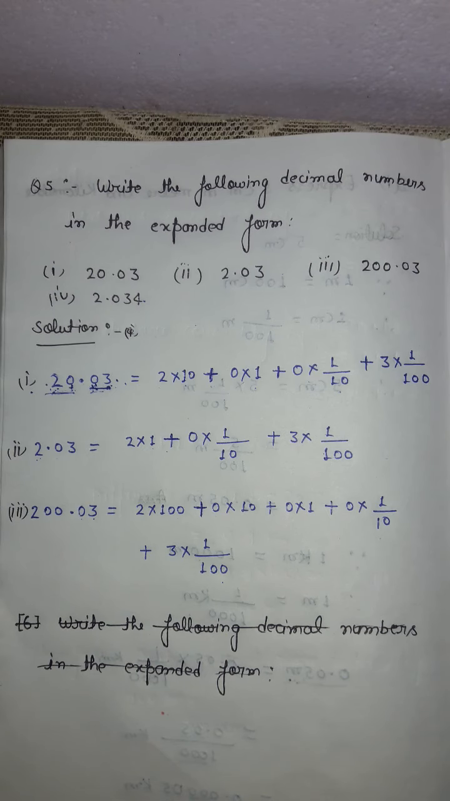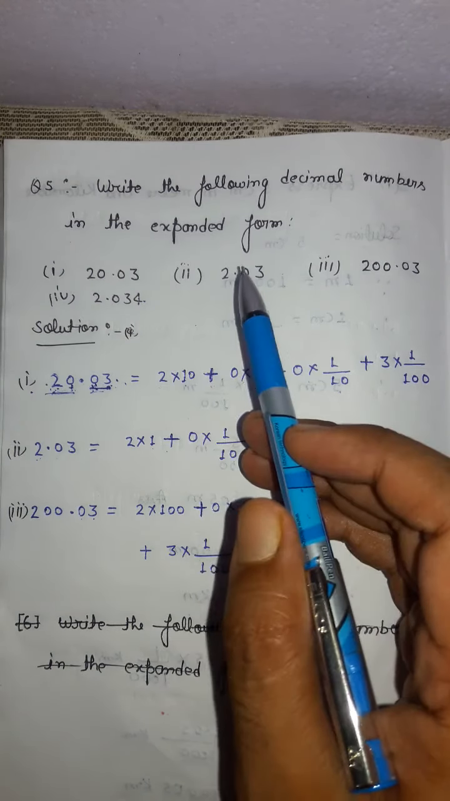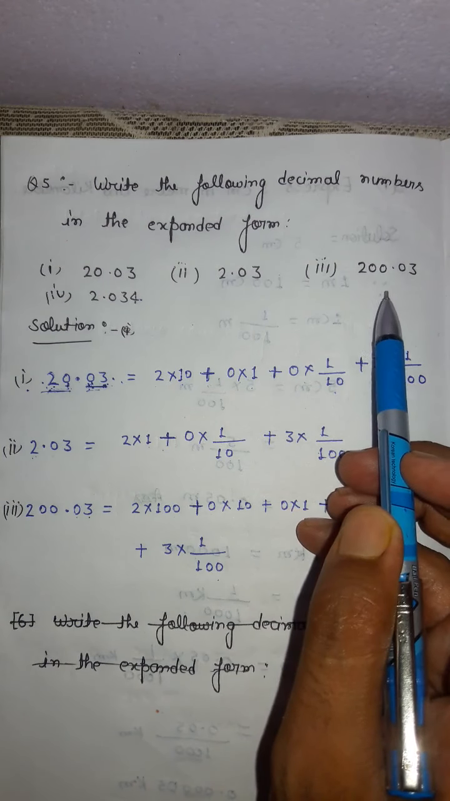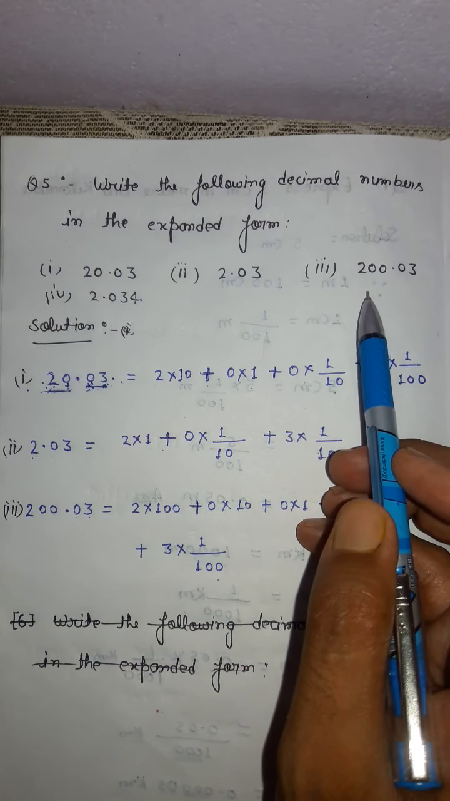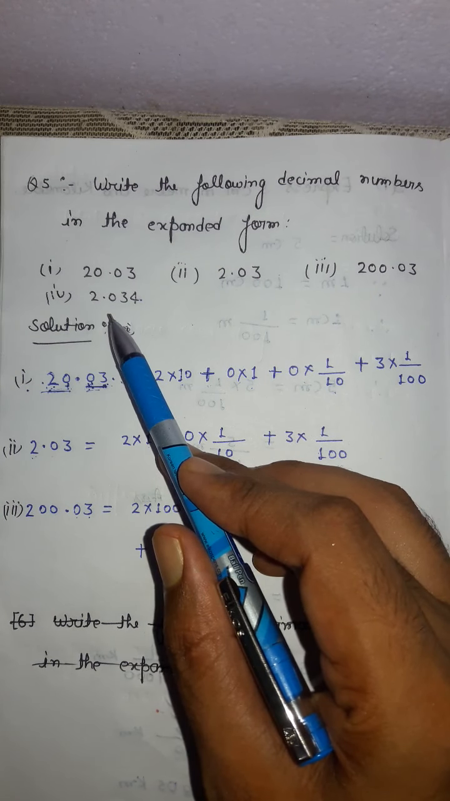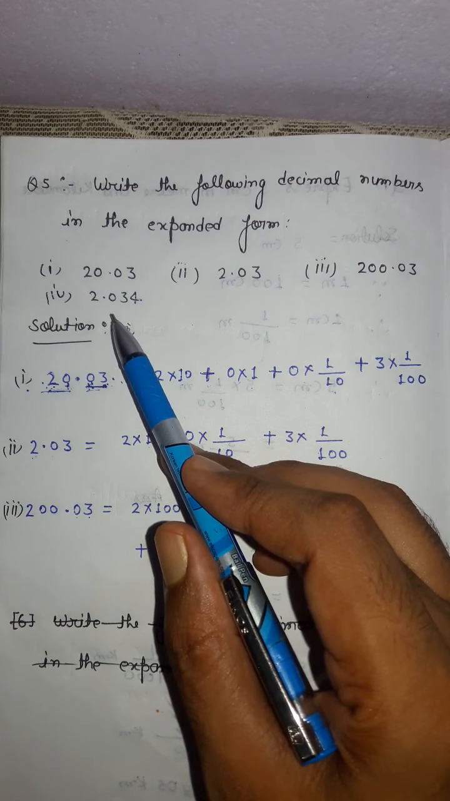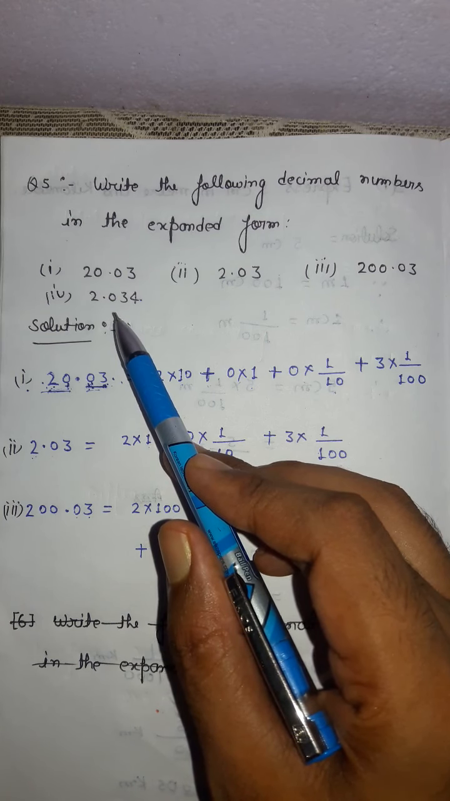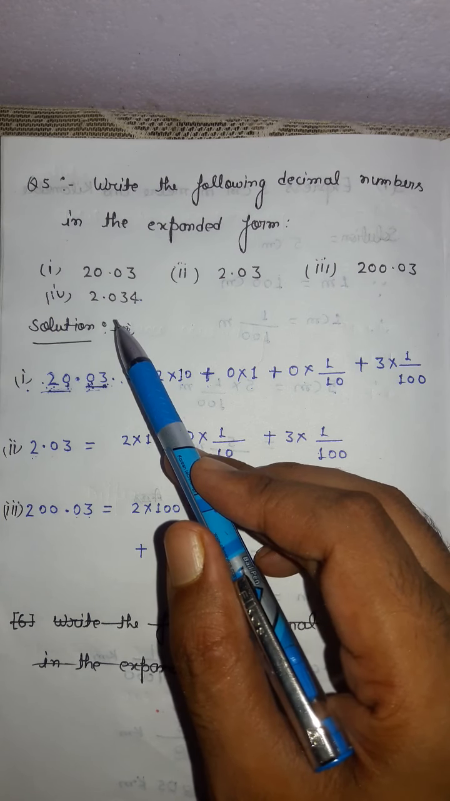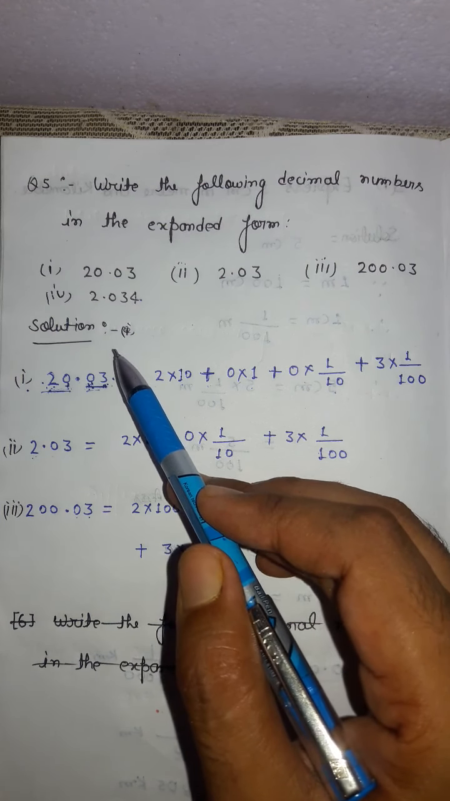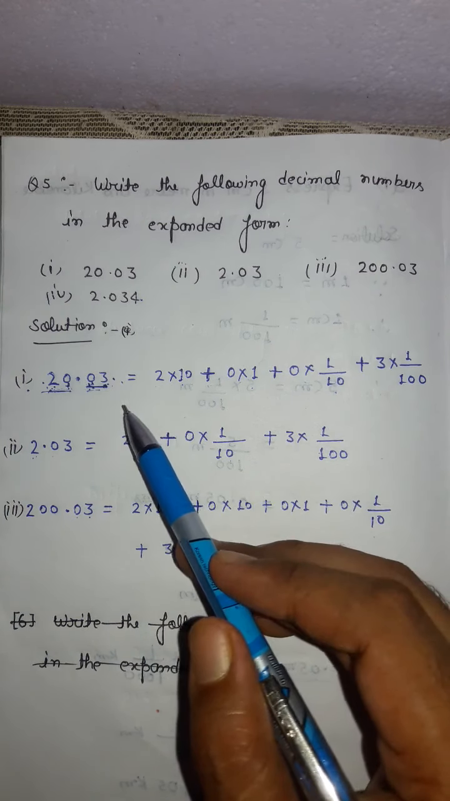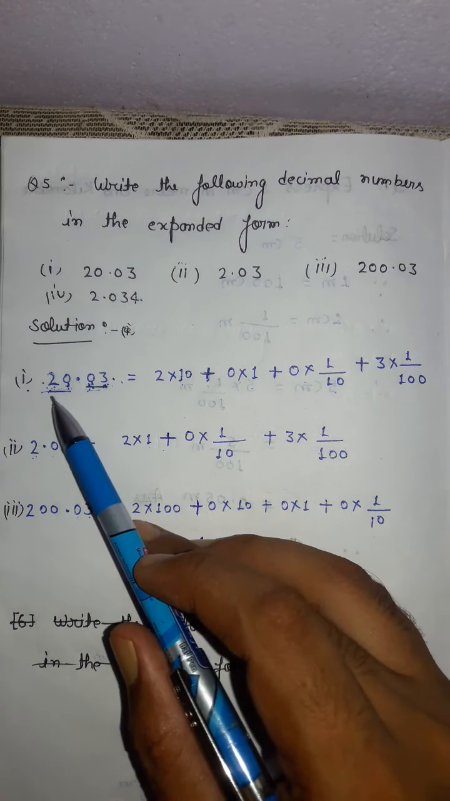Write the following decimal numbers in the expanded form. Here some decimal numbers are given, and we have to write these numbers in expanded form. You have written expanded form for whole numbers in your previous classes. Here we are going to write the expanded form for decimals. This is the only difference. So see here how to write. See the number